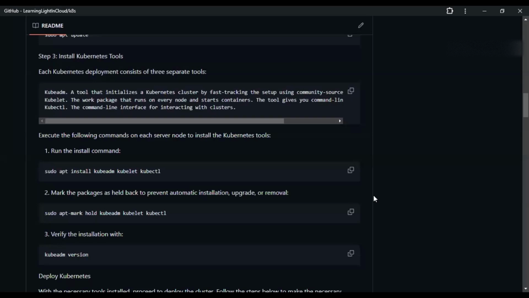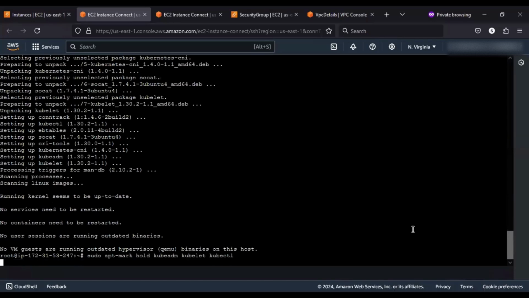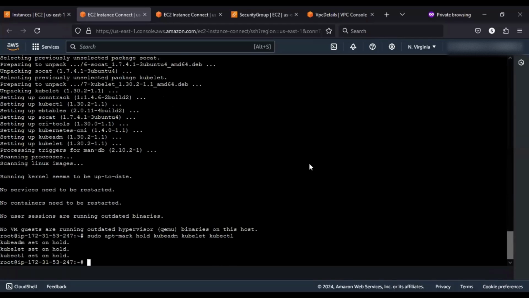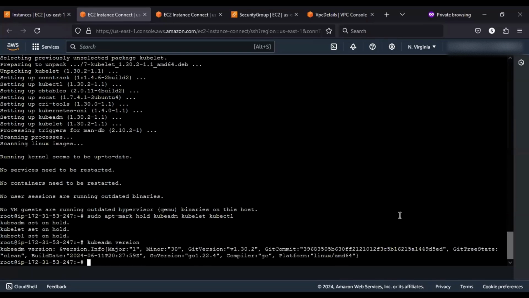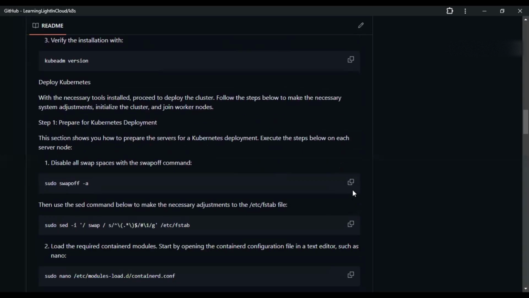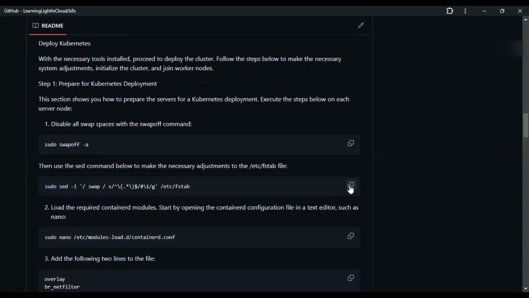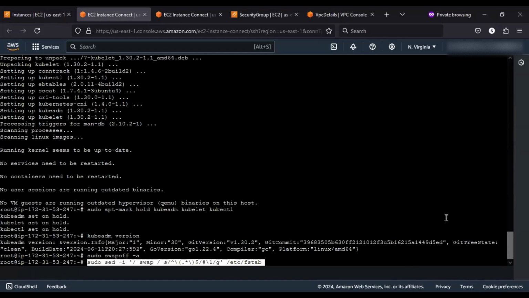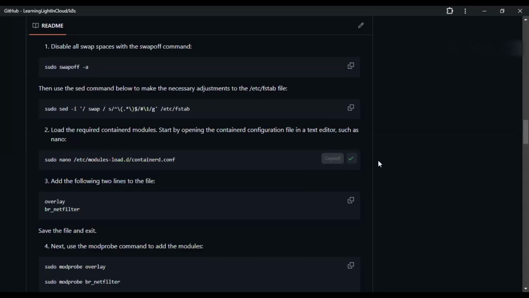Excellent. It's done. Now let me disable for updating, and then let me verify the Kubernetes administration kubeadm is installed correctly, and let us disable the swap, and as well as from the fstab, the swap should be disabled. And now again, open this